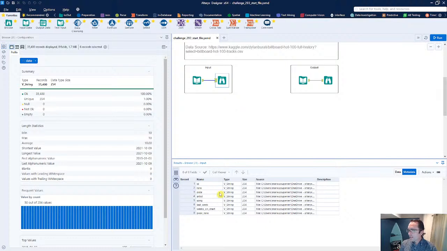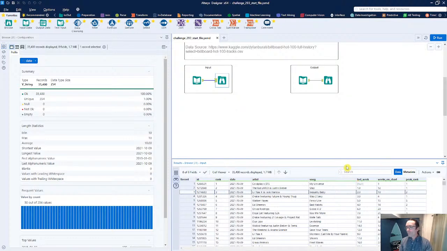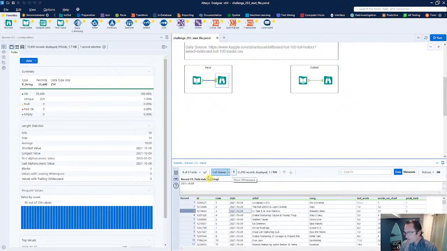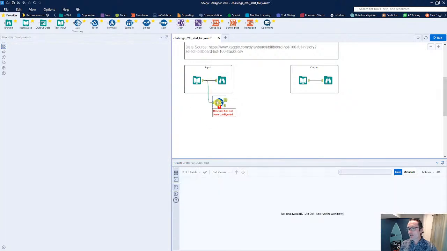So what I'm seeing is that the date field is set up as a string field. This is currently not set up as a date, which is kind of interesting, but even looking at the overall date itself, I should probably be able to parse this pretty easily. So I'm going to take a little bit of a quicker route. I'm not going to first create a separate field.